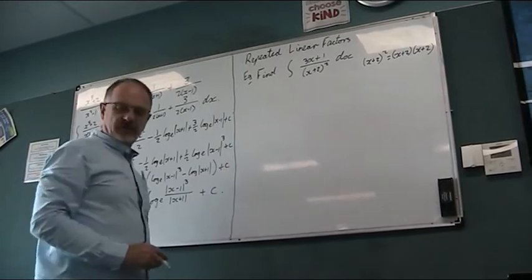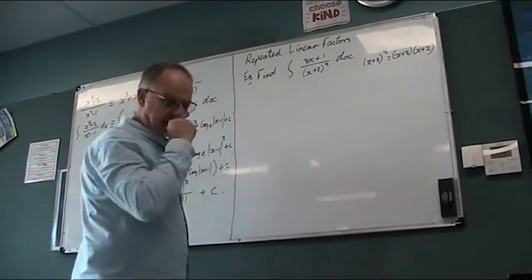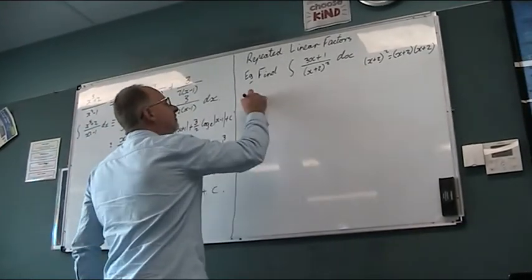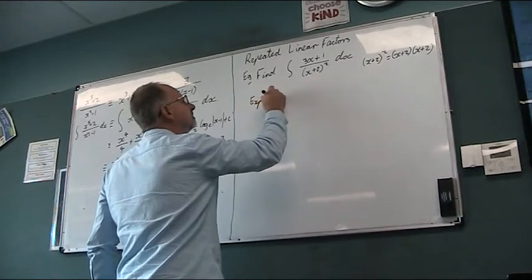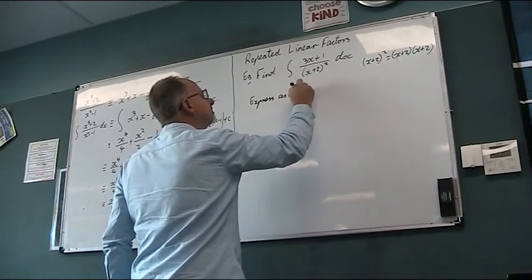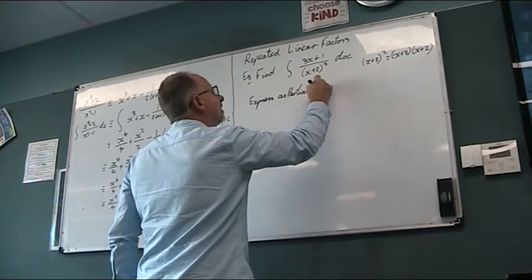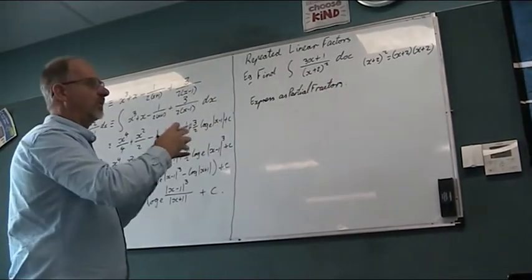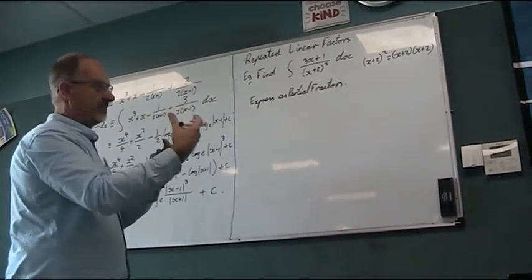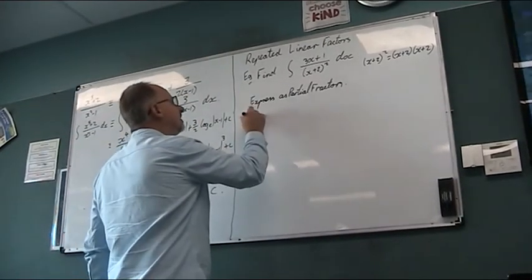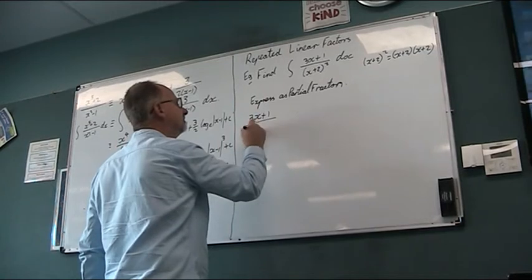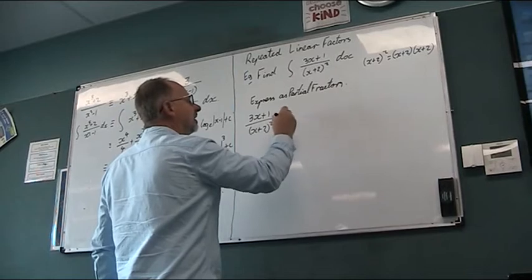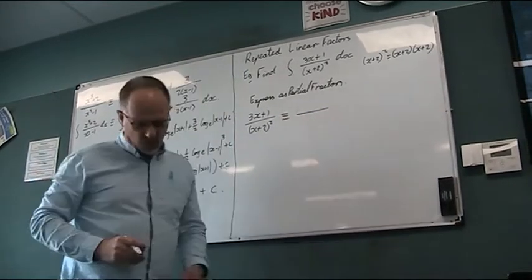All right, so when we express these as partial fractions, I'm going to do most of it. To express as partial fractions, what we need to do is have all of the possible factors represented. So in this case, when we have 3x plus 1 over x plus 2 squared, we have to have all of the factors